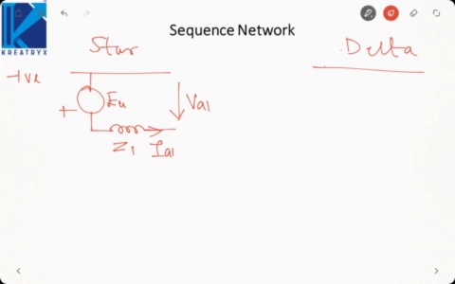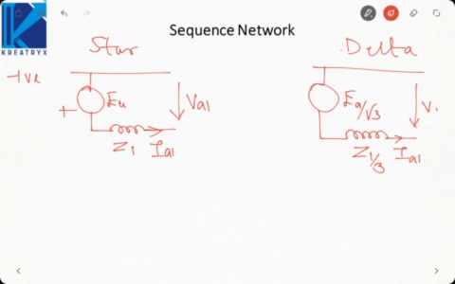In case of delta, how does it look like? EA by root 3, then Z1 by 3, IA1, VA1. In case of negative, we will remove the EMF because EMF is always positive sequence: Z2,